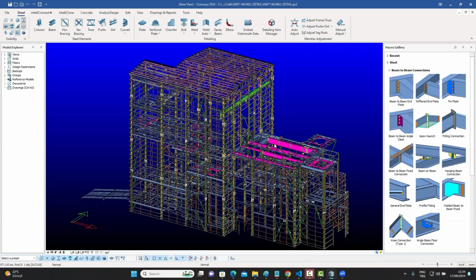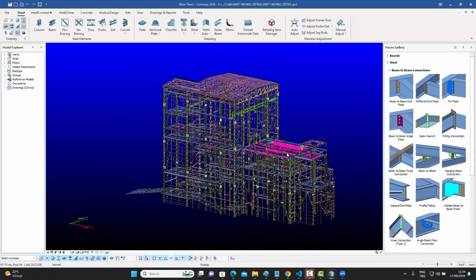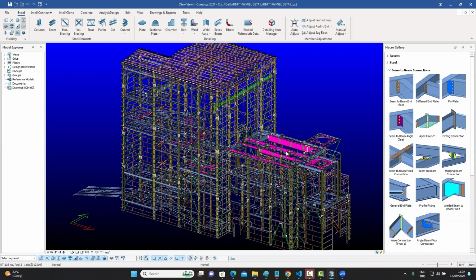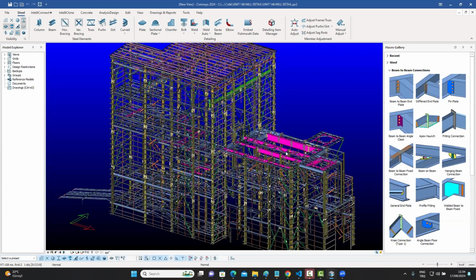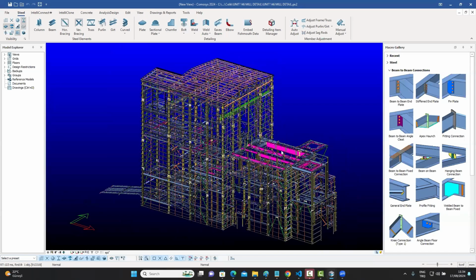So today's webinar is titled On the Fly Filtering. And it's a very interesting topic because all of us are familiar with filtering in 3D modeling programs. We use filtering a lot. And if you think about it, the reason why we use filtering is because we want to either see something on the screen